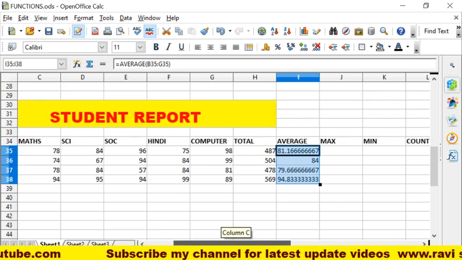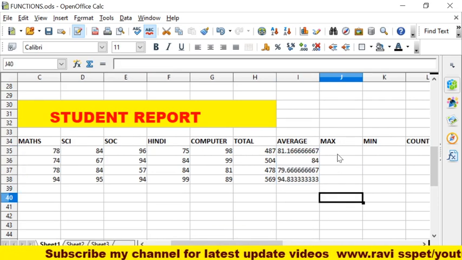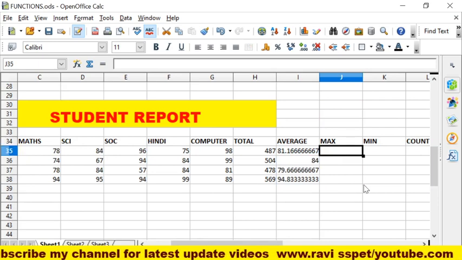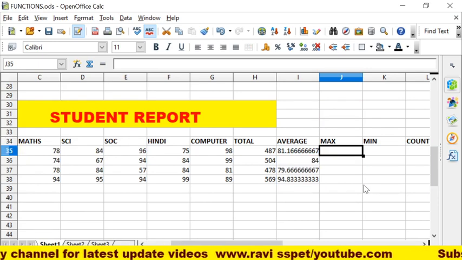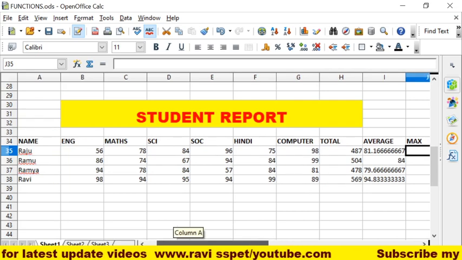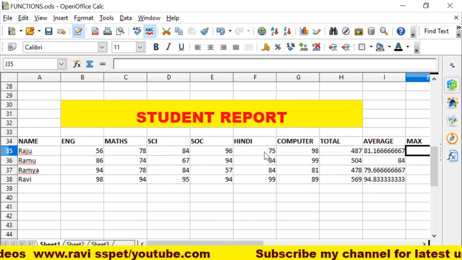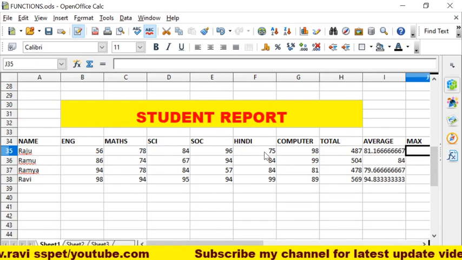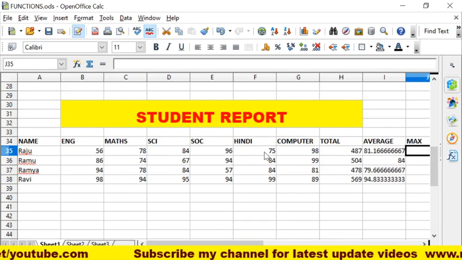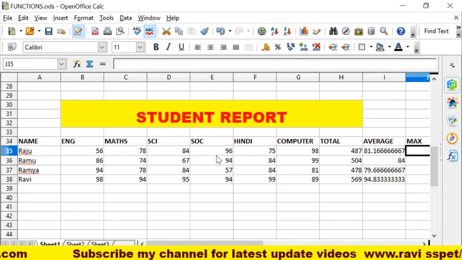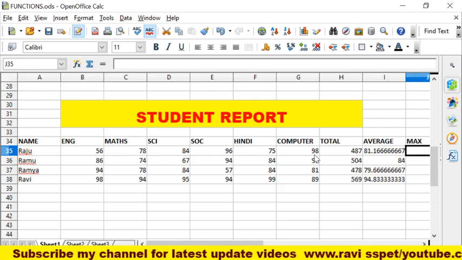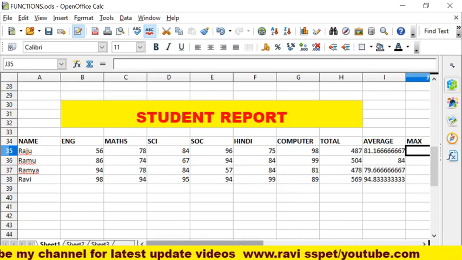Now the next function is maximum. Maximum means, here how many subjects are there? Here 6 subjects are there. Out of these 6 subjects, in which subject did Raju get maximum marks? You observe here, in computer he got 98 maximum marks.